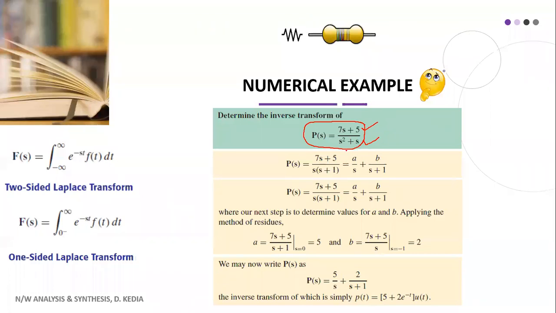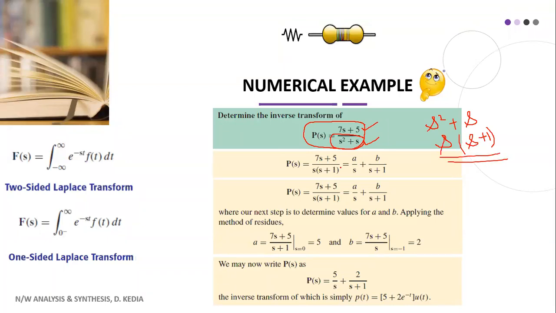So now we need to find out the roots of Q(s). So our Q(s) is nothing but s square plus s. So we have to find its roots. One thing is very clear from here, we can take s common. We can write this as s into (s + 1). Okay, so how many roots are there? One is s equal to 0 and another is s equal to minus 1. So we have got two factors.